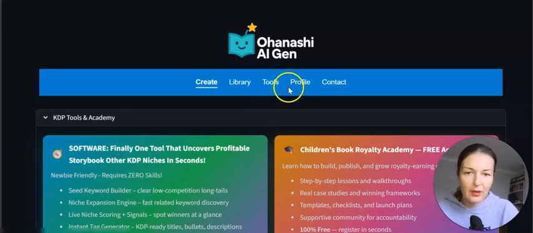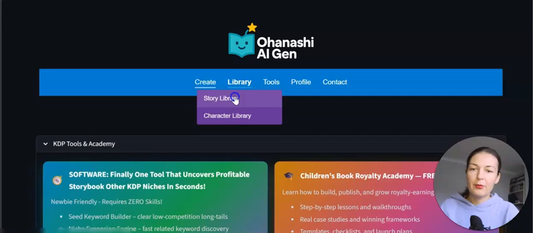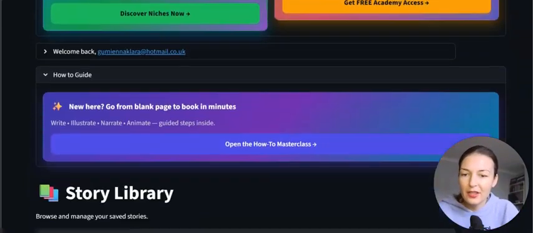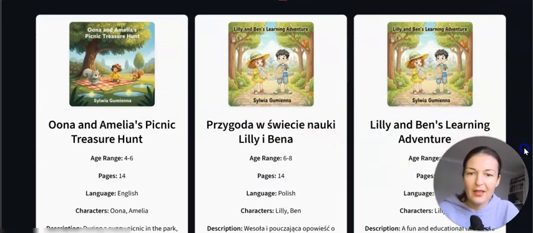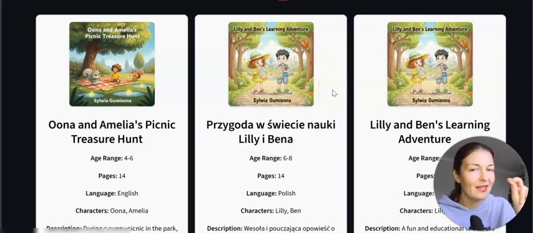Now, let me show you how to create a story like I have. I have quite a few, 2 so far. So in my story library, let's see if I actually saved them. Yes, I have them saved. One of them I actually translated into Polish. Ike always says make sure you translate the story into the language you actually speak.